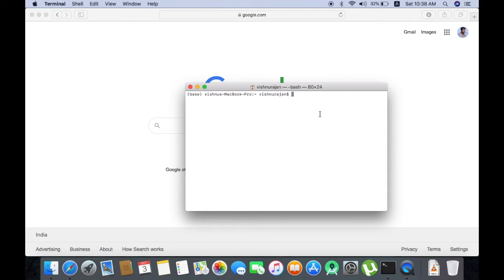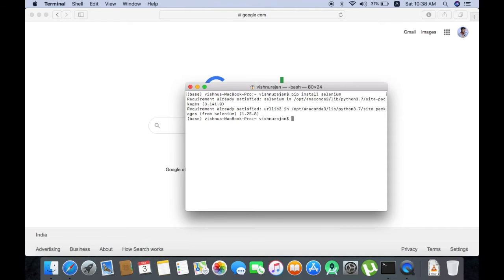In the command prompt, you just need to type pip install selenium and hit enter. After some time, you can see that it is downloading and installing Selenium. As of now, here it is already written requirement already satisfied, because I had already installed Selenium in my computer, so I need not reinstall it. This is the first step that you have to do during your Selenium installation.